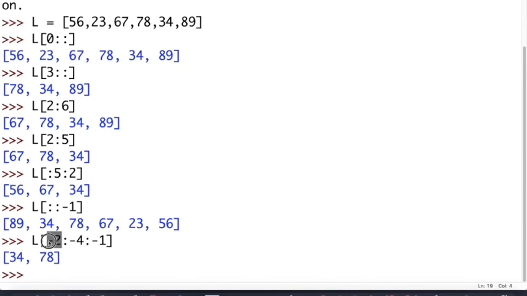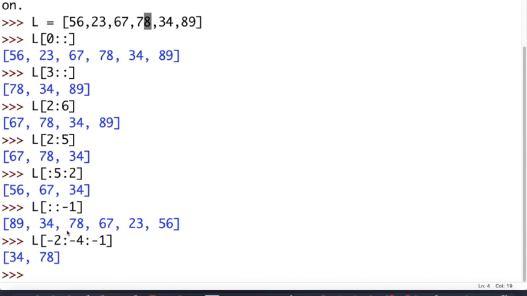Since our starting index is -2, let us find out which is the element at the starting index -2. Here we see that 89, right? We have seen that in case of a list, we can index the list elements starting from -1 from the rear end up to the front element, right? So here 89 has an index of -1, and then 34 has -2, and so on.